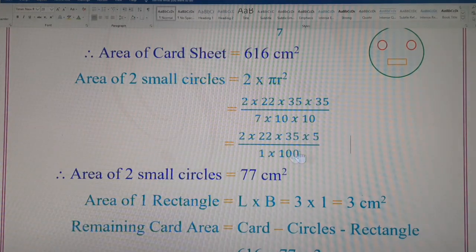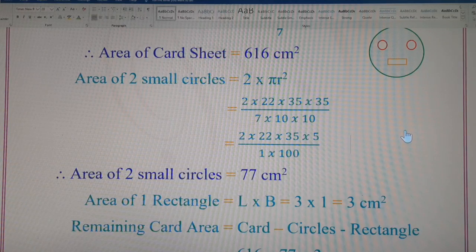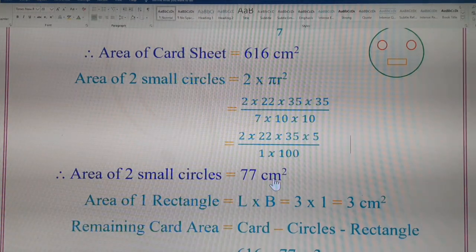7,700 whole upon 100. So 2 zeros from 100 are cancelled from the denominator, and 7,700 has 2 zeros in the numerator, that are cancelled, and only 77 upon 1 will remain. 77 upon 1, your answer will be 77. Children, you can check out the cancellation in the rough paper in your notebook. On the last page, you can do this calculation and do cancellation and find out whether you are getting 7,700 upon 100. The answer will be 77, because 2 zeros from 100 in the denominator are cancelled and 2 zeros from 7,700 are cancelled. Your answer will be 77 upon 1, or only 77. So area of the two small circles is 77 centimeters square.